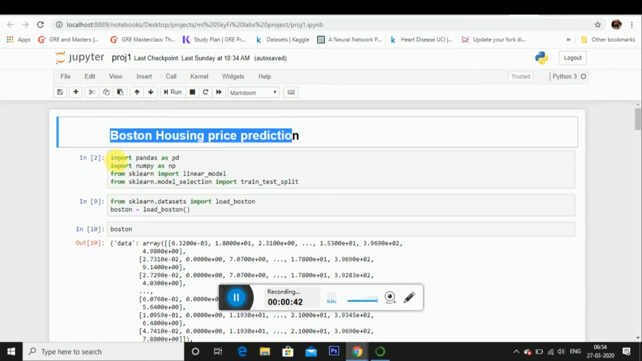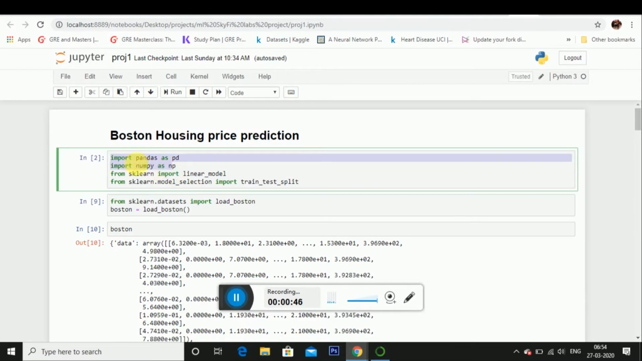First we need to import basic libraries, that is import pandas as pd, import numpy as np, and from sklearn import linear_model because we are applying the linear model. And just to test accuracy we need to write from sklearn.model_selection import train_test_split,